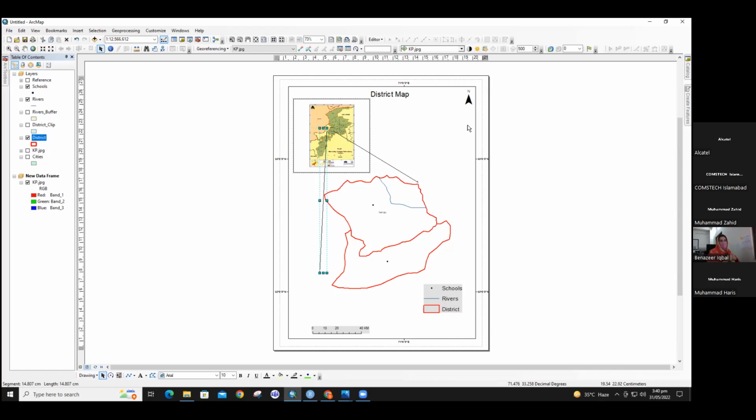So the country map may be in miles, so they have maps with a large scale. And if we have a province map, it may also be in miles, but if we have a district map, we can select kilometers for it. So it's totally dependent upon your